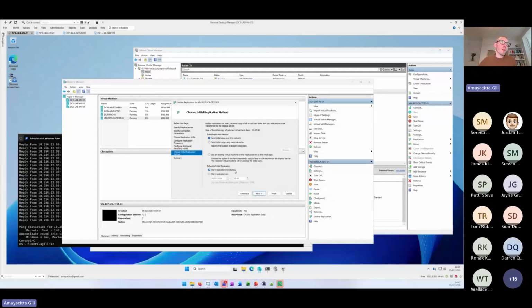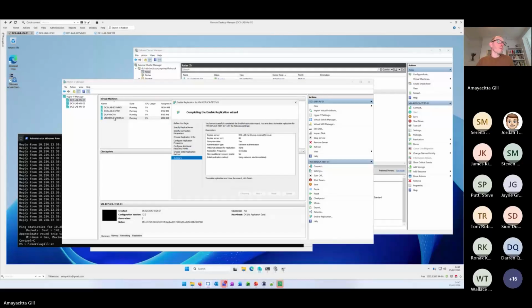Then I can say, where do I want to send it? Do I want to export it? I can export it to a USB drive or whatever it may be. I mean, you can get so much on a USB key these days. It's probably really expensive, but they can get massive. You could probably just put it on a USB key. Or you can just send it over the network. Or I can use an existing virtual machine that's already on the replica site, so I can reconnect it to an existing broken replica. I'm just going to say send everything over and send it now. I can obviously schedule it there. So if I do that,